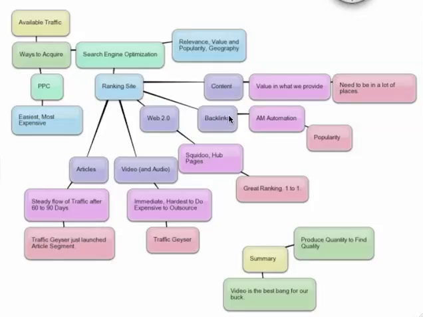The backlinks, why we rewrite these articles and we submit them to AM Automation, is because what AM Automation does is it submits those articles out to hundreds of blogs, and those blogs post our articles on their sites, and they provide backlinks, links back to our site, which increases our popularity. Not a huge strategy for traffic, but a good long-term strategy to keep our site relevant and keep it popular.